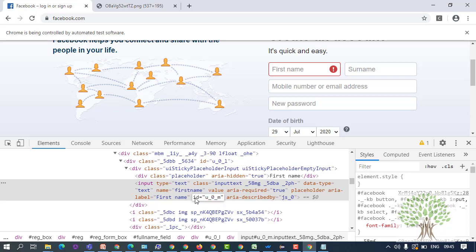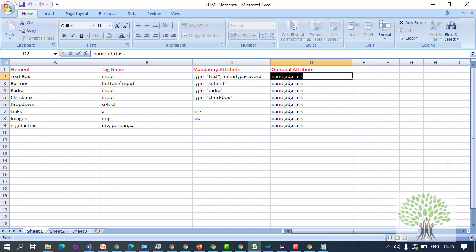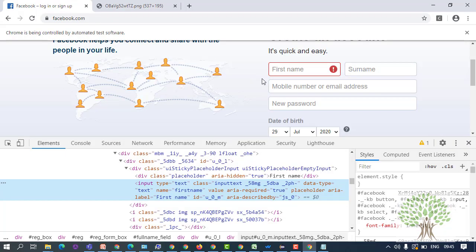If an element has an ID, then with Selenium it really becomes easy to identify it. But the class attribute, although it helps us to identify the elements, is not unique. Class is not unique. There can be multiple elements on the page which have the same class.